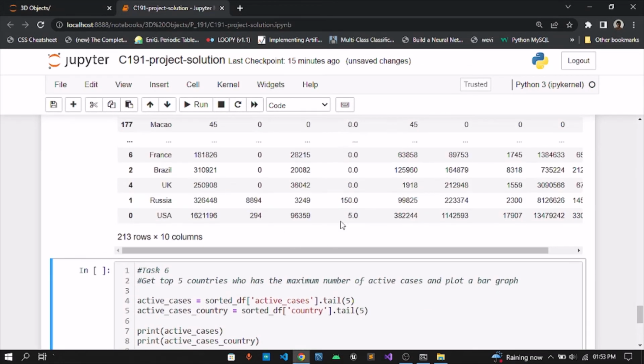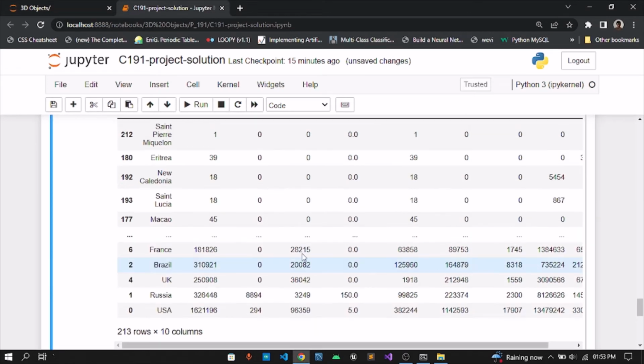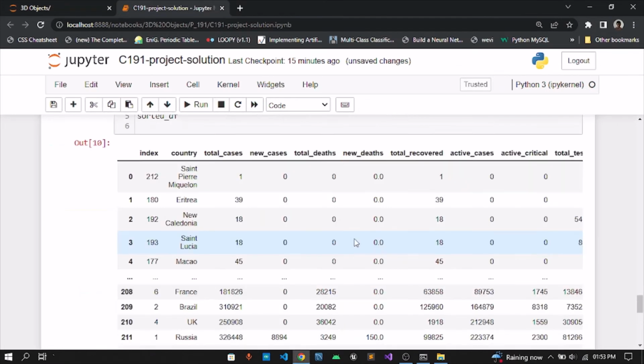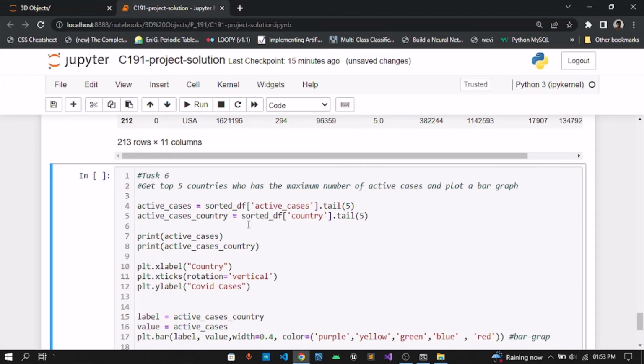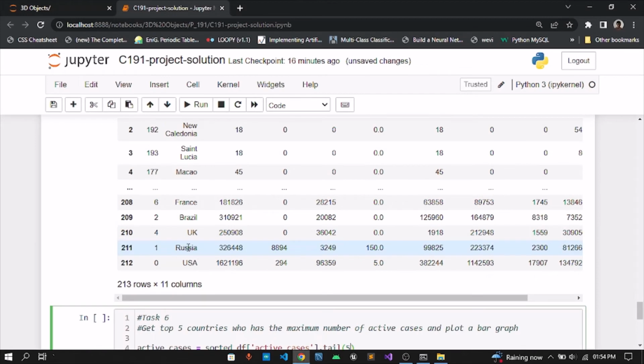So we'll just get the tail of this data frame. So what's the tail? The end, and head is the starting. So I think we can even reset index here. Like, I have forgotten to do that when I was doing the project, I think. And now we'll just get the active cases sorted, df active cases dot tail 5. So what's 5 here gives us the number of the tails. Like here, if we